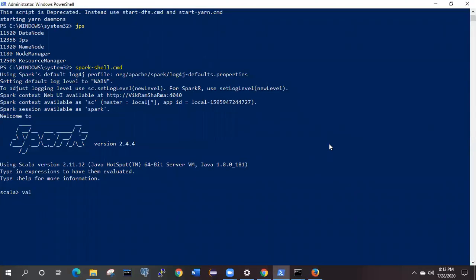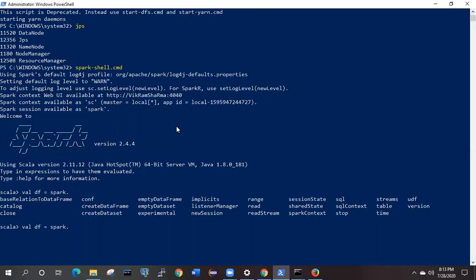So let me create one data frame: val df equals. Here we can see this spark variable is available, so we are going to make use of that. Spark, then a tab, hit enter, and you will get a lot of the APIs available.